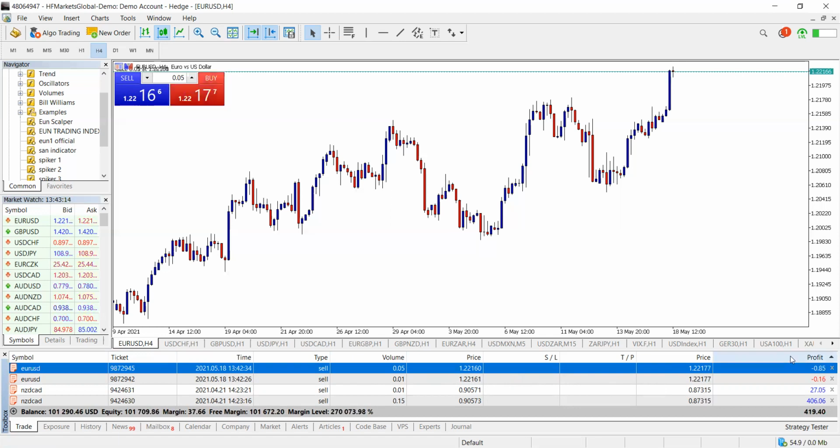But if you come here, do you see where it is written profit? Do you see the loss? A red color means you're in loss. Blue color means you're in profit. You see, these ones are profits, but these ones are losses, the negative one. But there's something that is surprising. I took this trade at the same time, but they have different losses. Why is it like that? What is causing the difference?